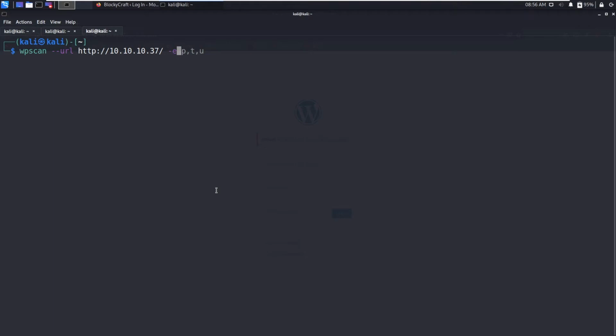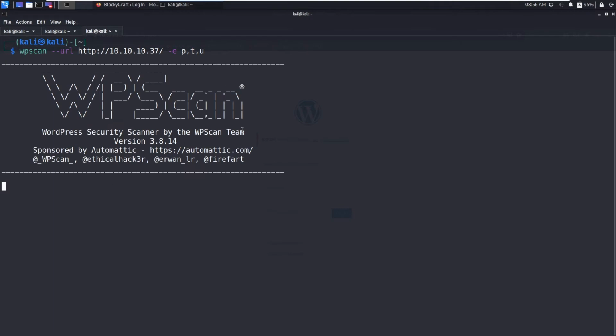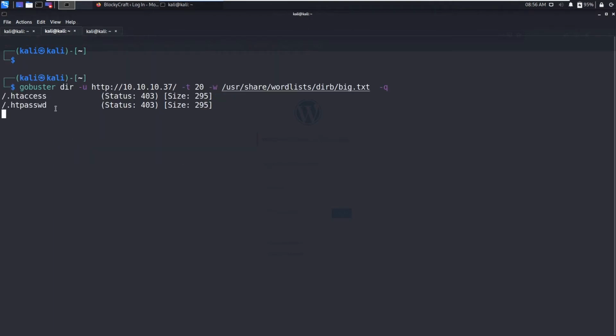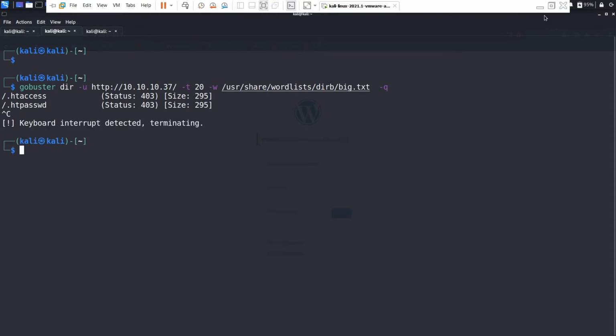Give the IP 37 and E for the enumerate option. I want to enumerate plugins, themes, and users, all three. So this is going to take a while. I'm going to stop this. I have already